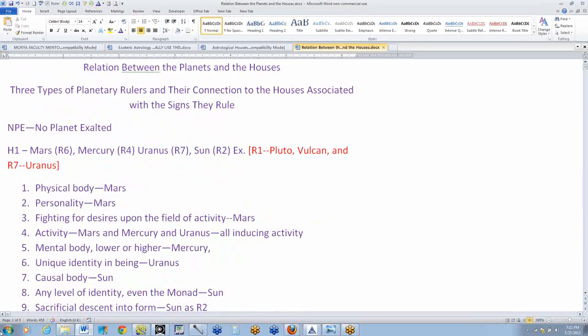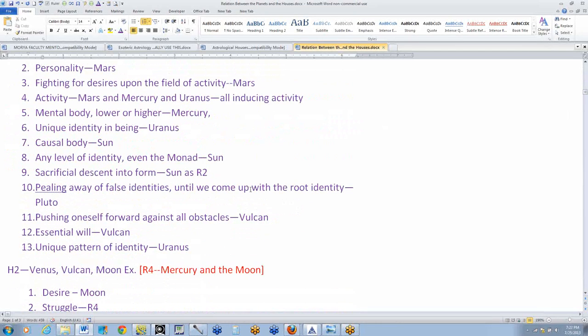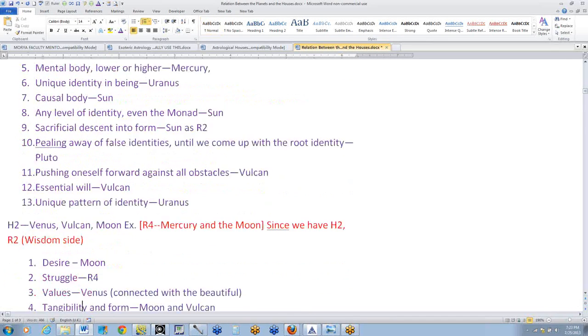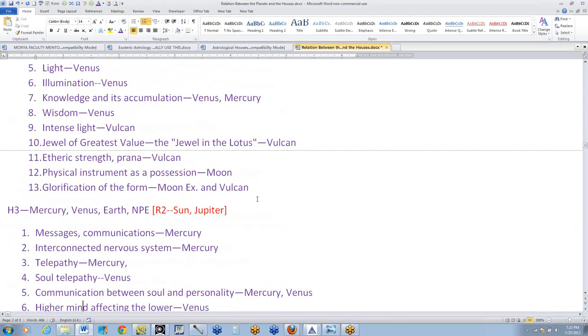One more thing, since we have house 1, therefore ray 1. Okay, so we go in the same way here. Since we have house 2, then ray 2 on the wisdom side. And since we have house 3,